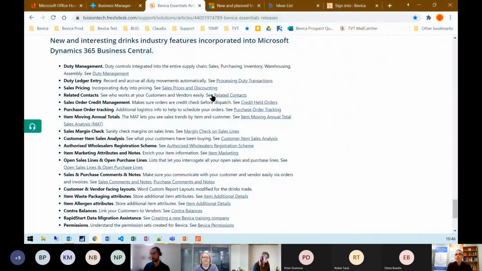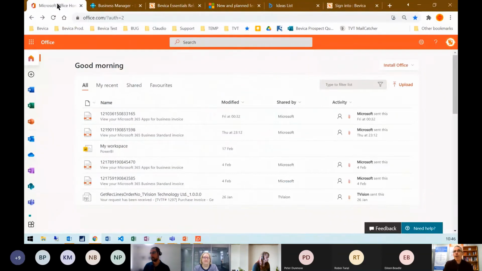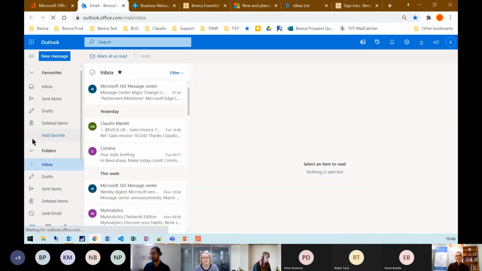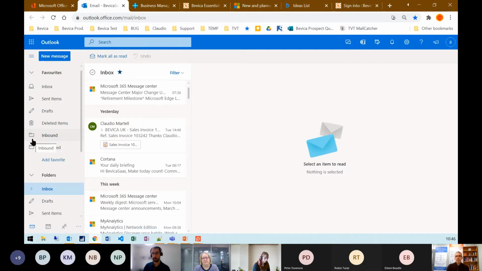Right. So I always start this side of things in the Office 365 environment, just to show that it's quite easy and simple. It all works quite nicely. I'm sure most of you've seen this already, but if I go into Outlook, what we did at T-Vision is we bought 2 Microsoft licenses. So we are a bona fide Microsoft customer,